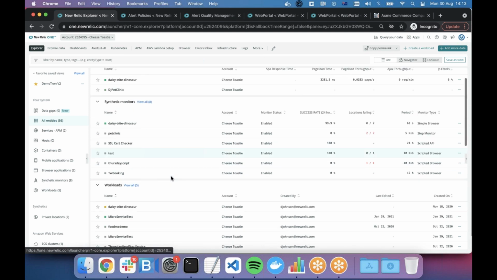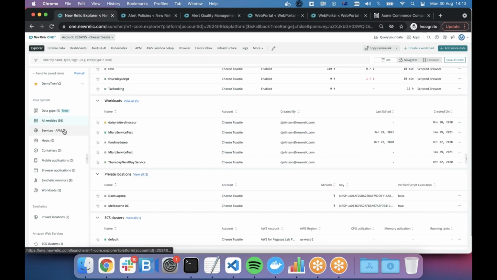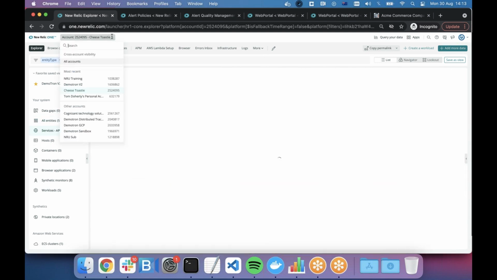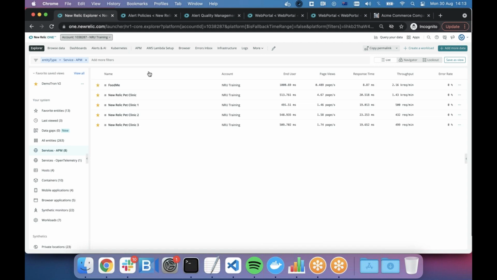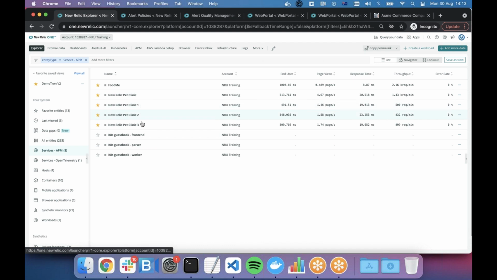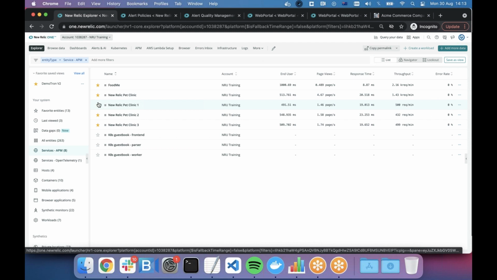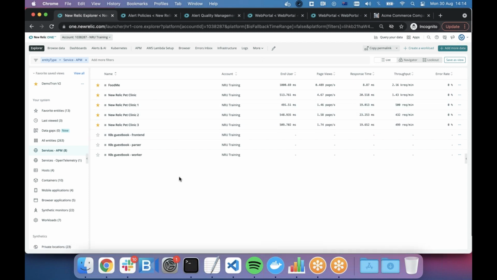But if I was to look at, I'm going to need APM for this account. This is a good example, guys. So here, look, I've got 3 instances of the same application running across 3 different hosts. Okay, so it's a distributed service. Look, some of the bandwidth gets split between these 3 instances. I could put